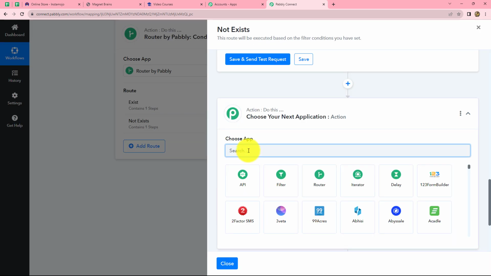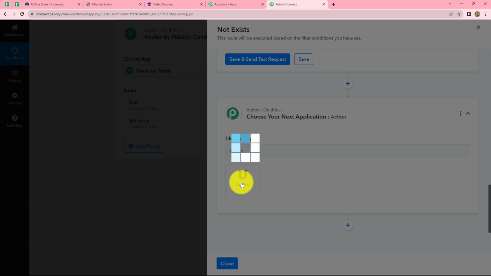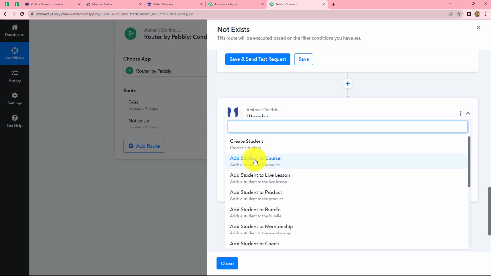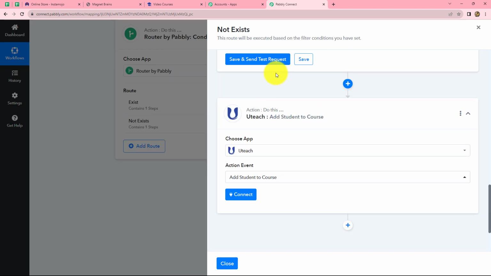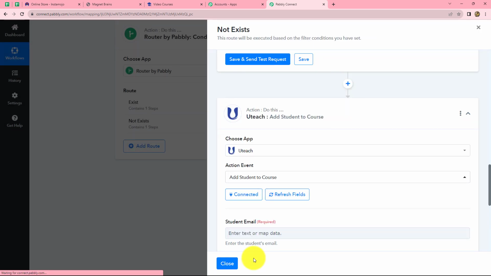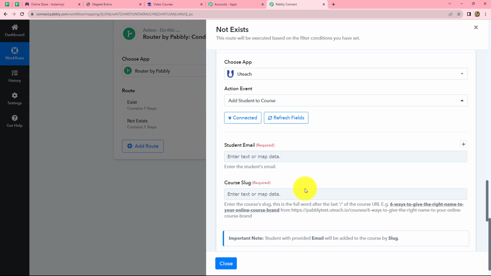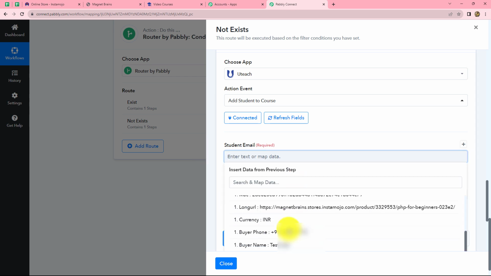Okay, so now we will again take Uteach in our action application, and for our action event this time we have to select add student to course. Now we are going to add this student who was recently created in Uteach to a particular course. Okay, connect, we will go with the existing connection, and again we have to enter two details, student email and course slug. So we will use our previous response